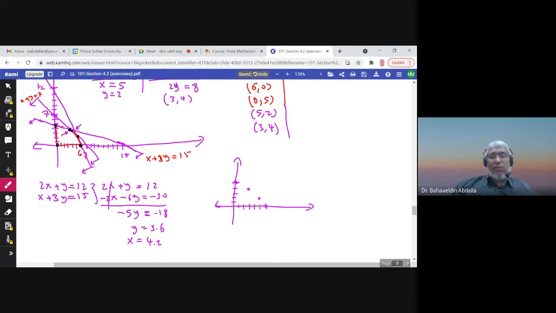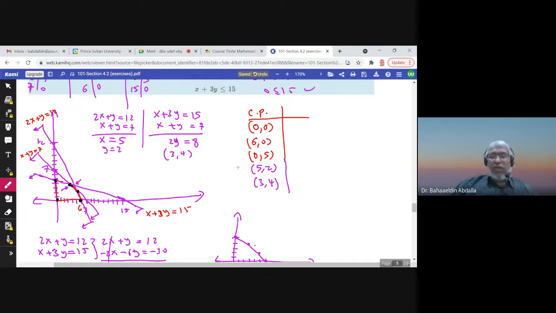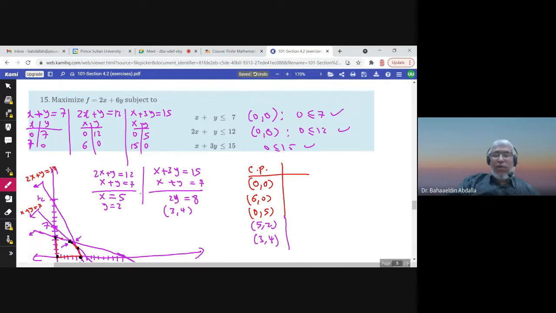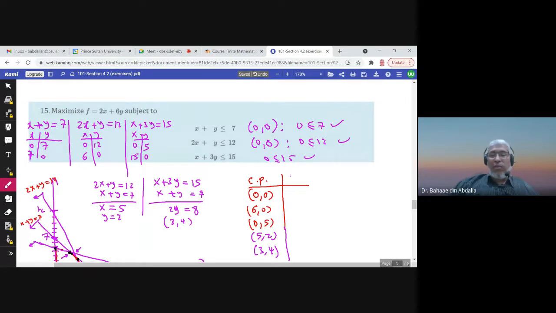Okay, so we have our region almost. 3.6, 4.2, and 4.2, 3.6 would be somehow above this region. It is not in the region, okay? So I think everything is fine, and these are the only corner points, and we now put them in F,